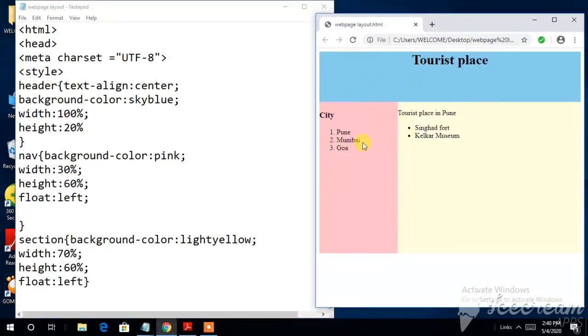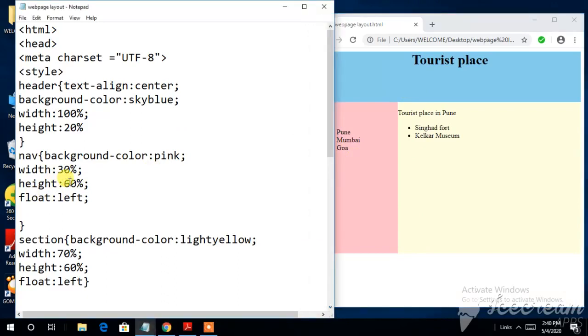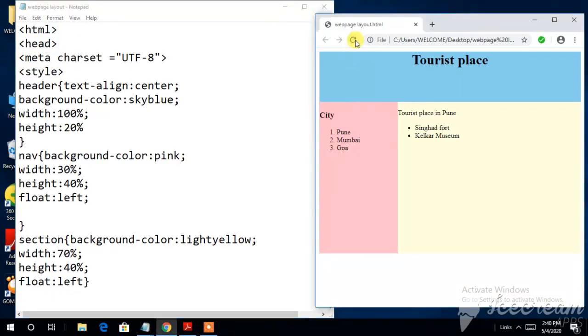See, this is the width I have given as 30%, and this is the height. If I just put the height equal to 40%, here also I will be putting height equal to 40%, and I save my file and go with that.